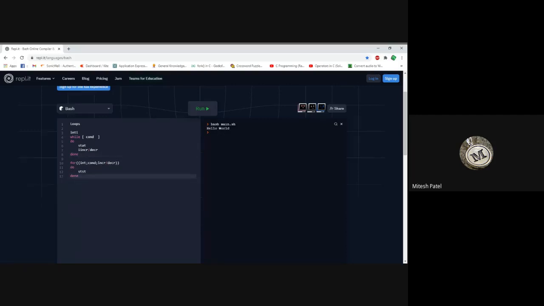Now another syntax for the for loop we have, but it has a limitation. It is for a specific set of values. Let's see. For, here, suppose a variable. You can choose any name of variable.